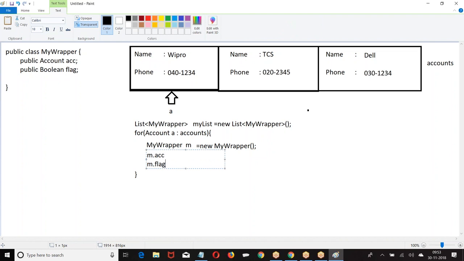What is the wrapper class? MyWrapper. In MyWrapper, what are the variables we have? acc, flag. Now the question is, do you want to create a new record? No, I don't want to create a new record. Whatever the account we are referring with A, assign that record to acc. Now m.acc equal to what? A. m.acc equal to A. Whatever the record A is referring, the same record is referred by acc. Are you getting my point? Then m.flag equal to,